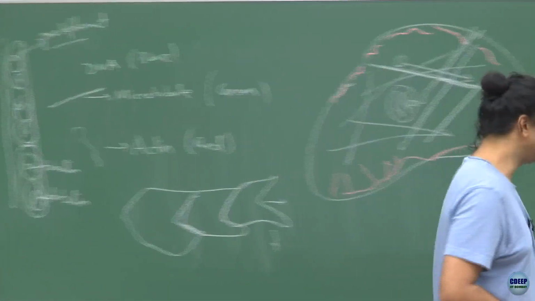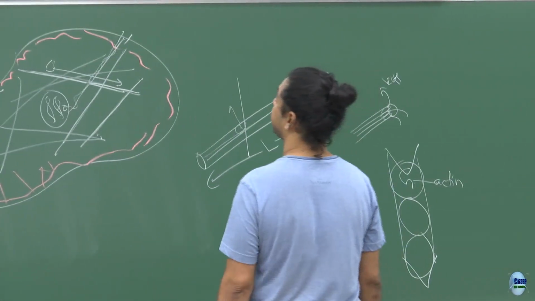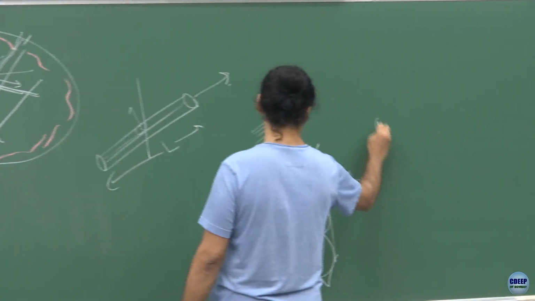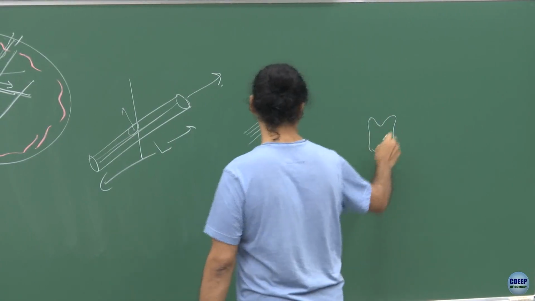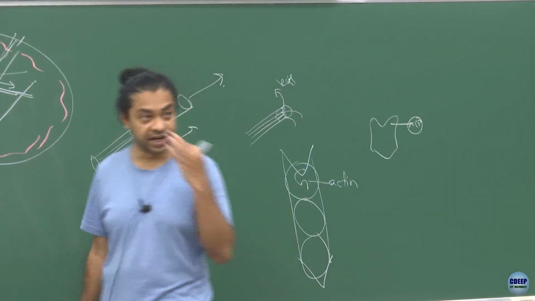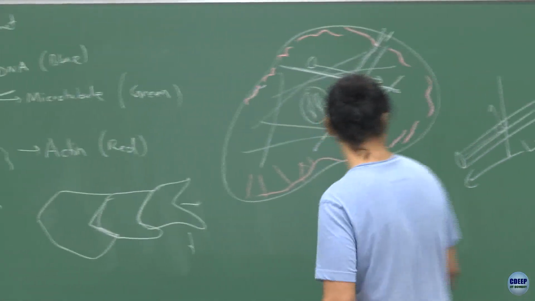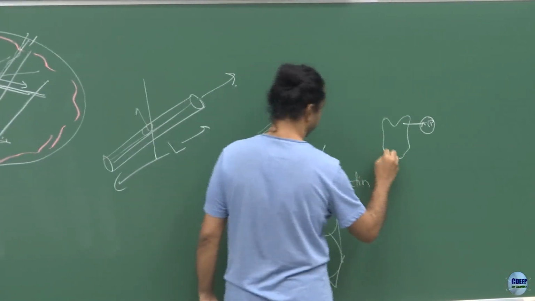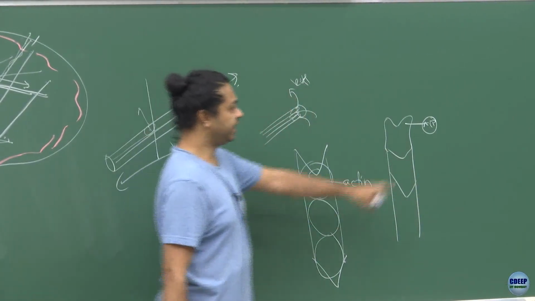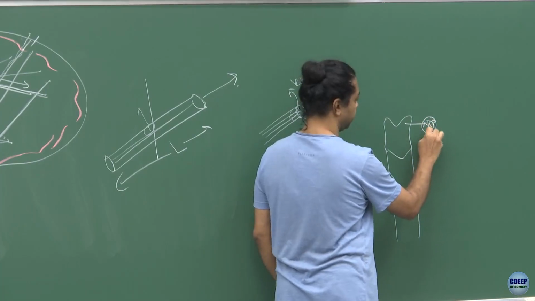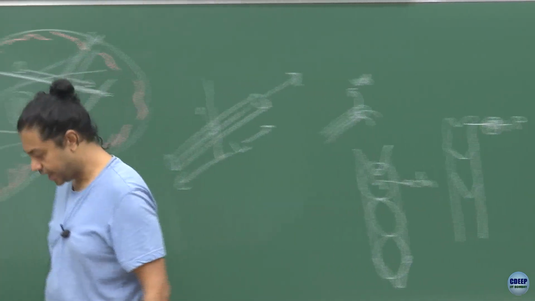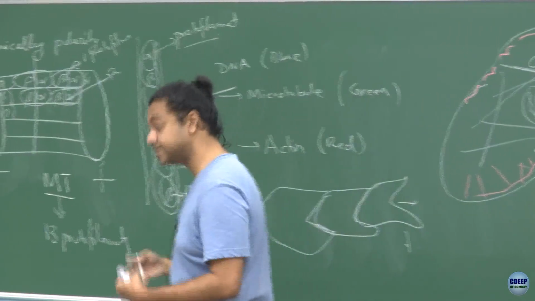require consumption of energy. The way this happens is that when you have this globular actin in solution, it comes bound to an ATP molecule, and ATP molecules are the energy currency of the cell, right. When this globular actin comes and binds to a filament, this ATP gets hydrolyzed to ADP plus phosphate, and it releases energy, and that energy goes into stabilizing this filamentous